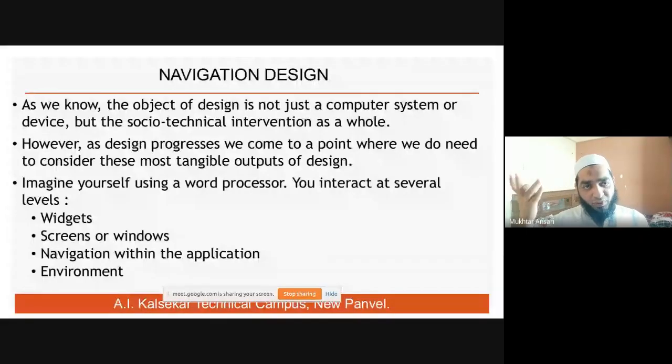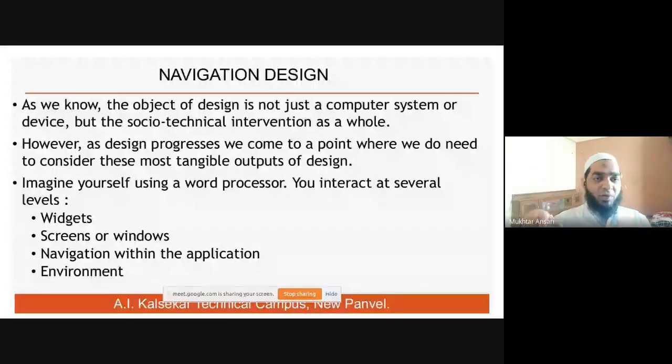As design progresses, we come to a point where we do not need to consider these most tangible output of the design. Okay, so we don't even think about the navigation. क्या हमें ऐसे गाइड भी करना है यूजर को, यूजर समझ लेगा, यूजर कर लेगा, यूजर ऑप्शन फाइंड आउट कर लेगा। So we can't rely on user to find their option on their own. Okay, we have to provide those options in the proper way so that one after another, वन के बाद में टू आता है, टू के बाद में थ्री आता है, थ्री के बाद में फोर आता है, इन दैट, ठीक है।